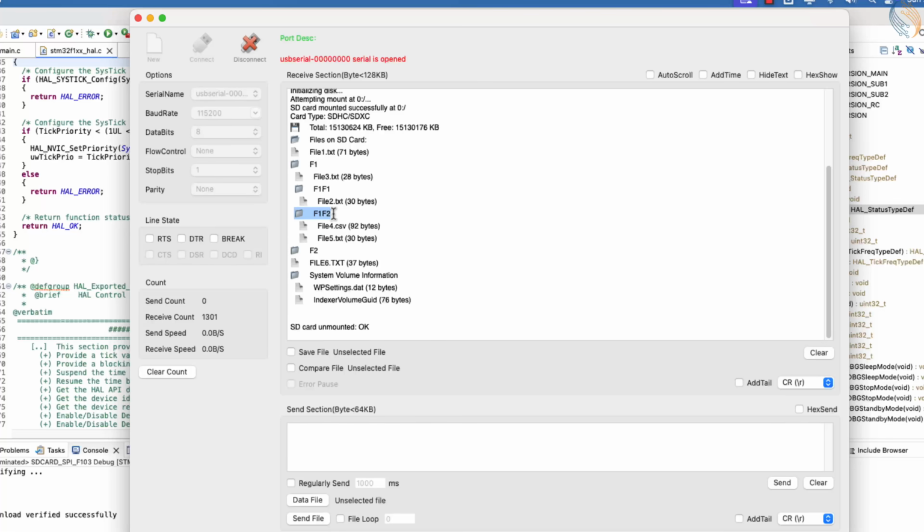Inside the F1 folder, there are additional subfolders named F1F1 and F1F2, and there are more files placed inside those as well. This confirms that our file listing function is working correctly and the FATFS integration is successful. Now that we verified that the SD card is detected and the files are listed properly, let's try reading a